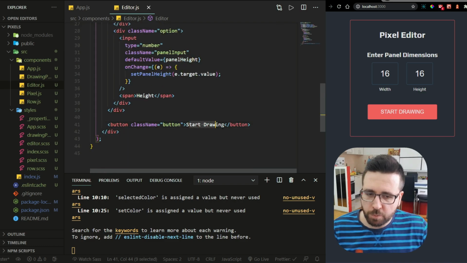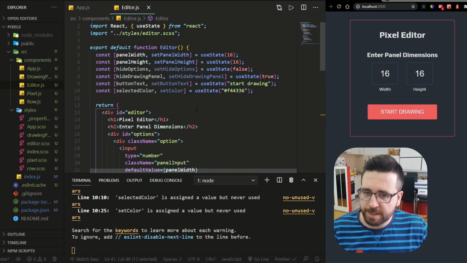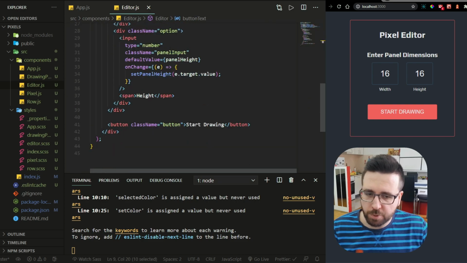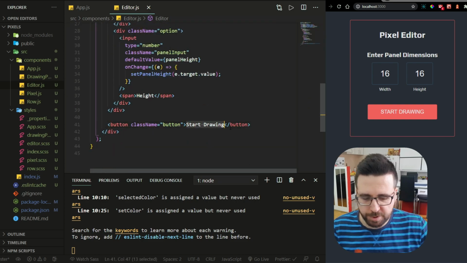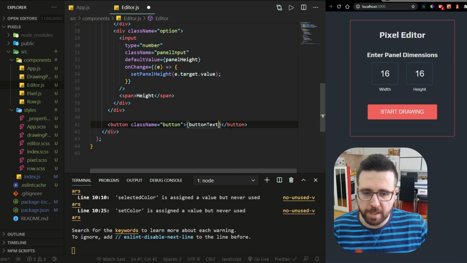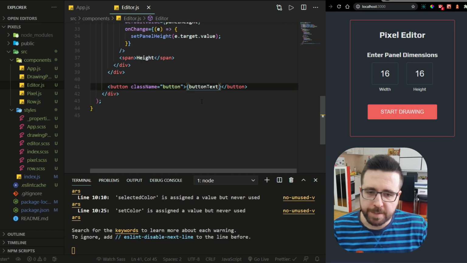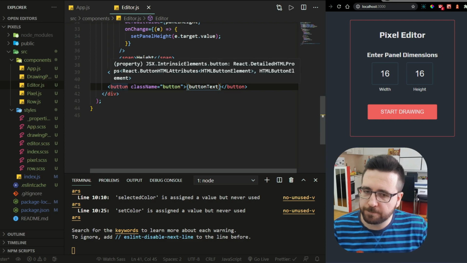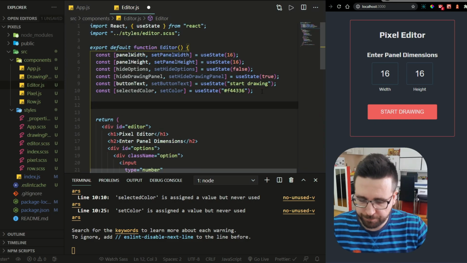For the button, we want to stop using this text over here, and we will use the button text property. So I'm just going to remove this and set up the button text. Next, we need to set up an onClick event for the button here. So we need to make a function called